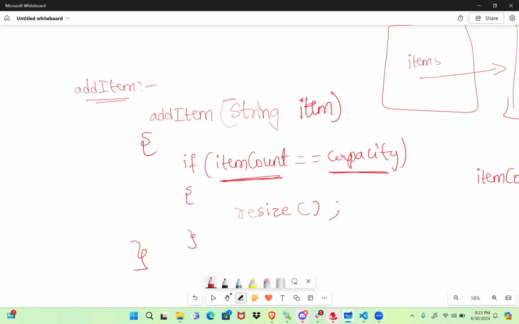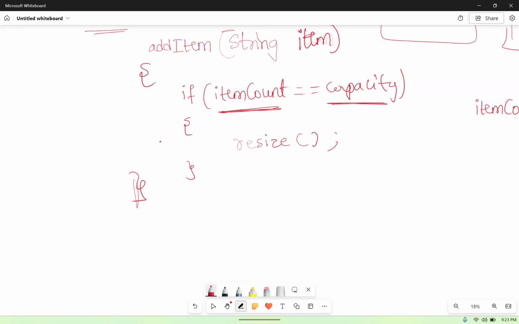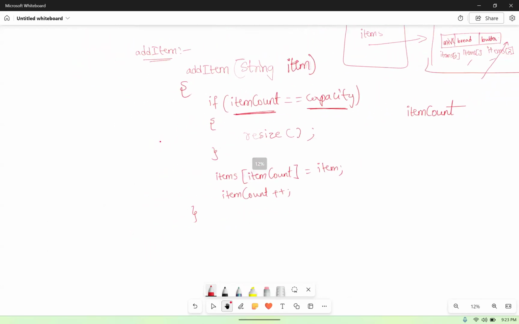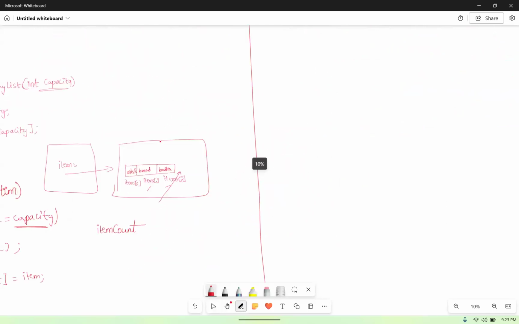As long as item count is not capacity, you can run the remainder of the code as is: in items, in the item count slot, simply assign the item and simply do item count plus plus. So this is pretty much the add item function. I'll come to print info, but before that, in grocery list.h,